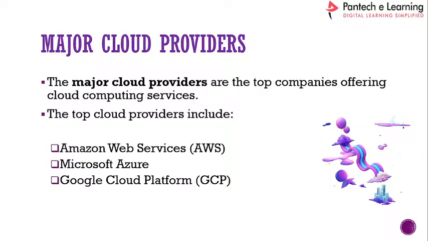Cloud Platform. So why are we considering only these three as the top cloud providers? Amazon Web Services holds almost 34% of the market share, and Microsoft Azure holds almost 21% of the market share. Similarly, Google Cloud Platform holds almost 11% of the market share. So these three are at the top, holding the highest market share among cloud service providers. And we also have other cloud service providers, such as IBM Cloud, Oracle Cloud, Alibaba Cloud, Salesforce Cloud, and Digital Ocean as well.